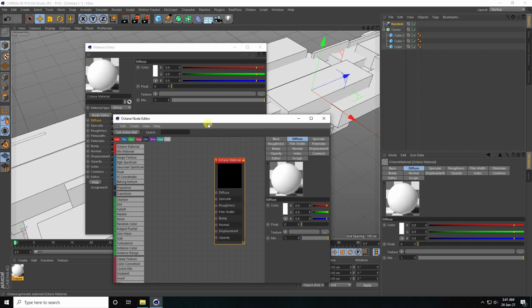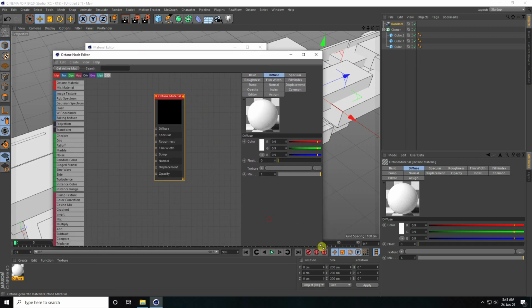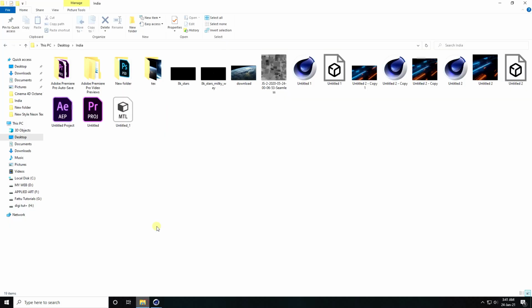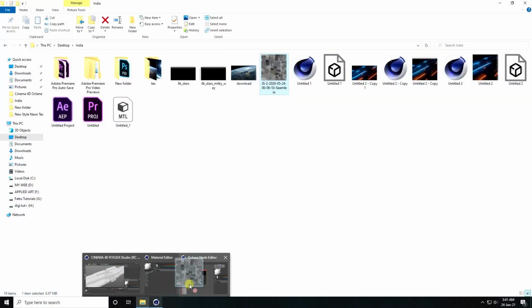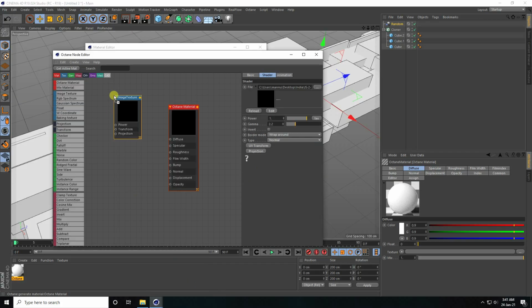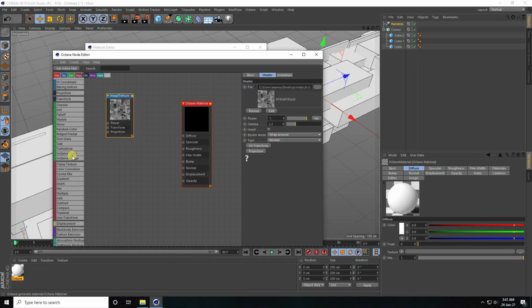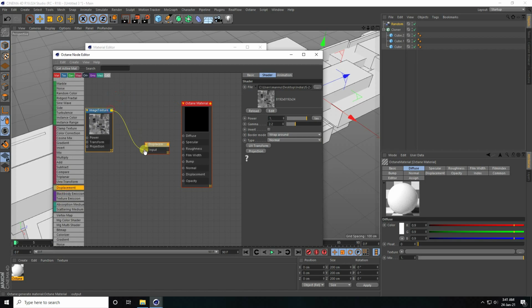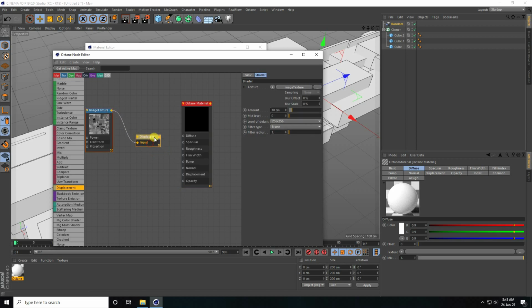I apply a displacement texture. Go here and see, that's my texture, drag and drop it in the node editor. Use the displacement map and connect it with the input, and this input connects with the displacement map.